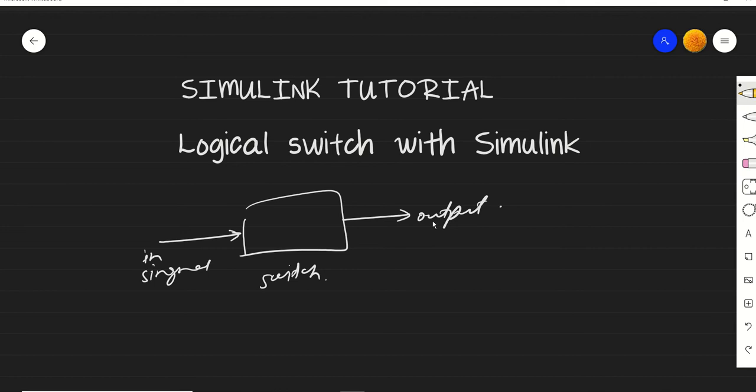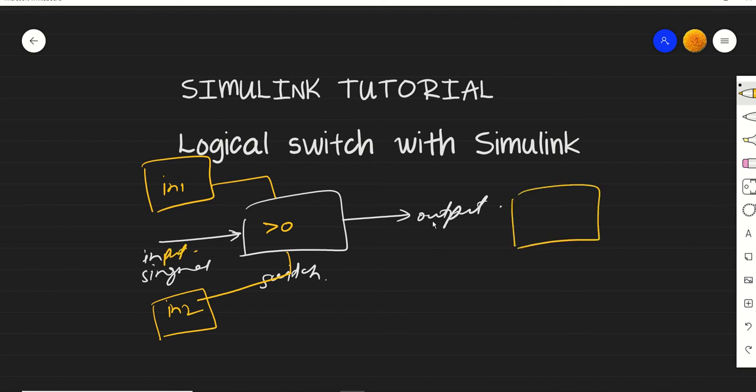We can make a decision something like this: if it is greater than 0, take the upper input, input 1, and if it is less than 0, take the lower input, input 2. These inputs are the results that you want based on your input signal, and we can show it in a scope.